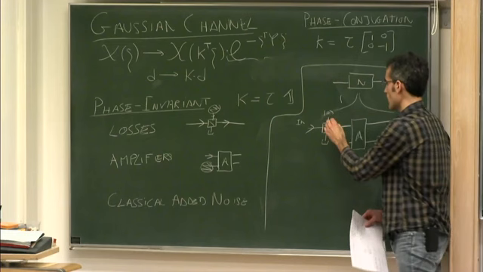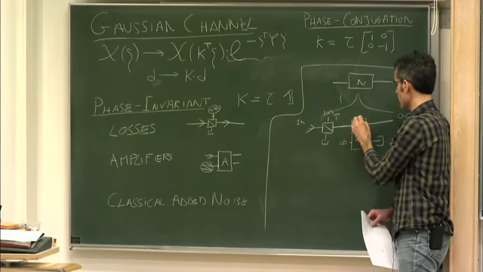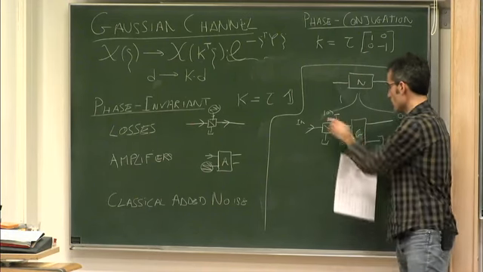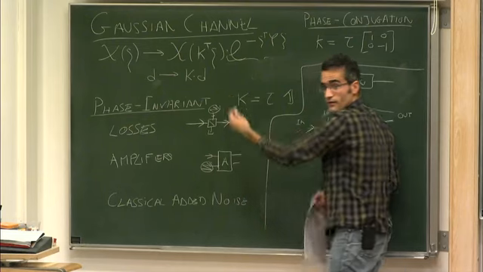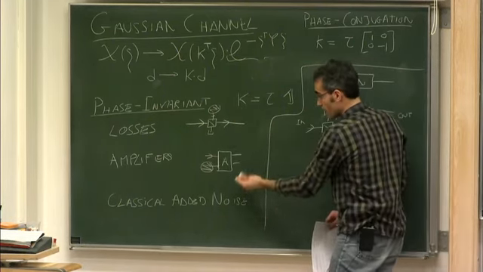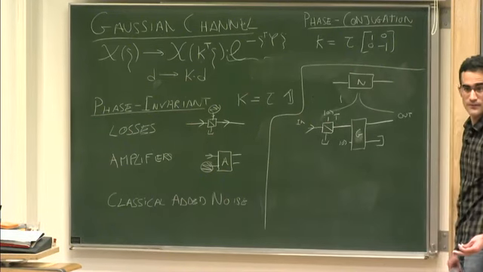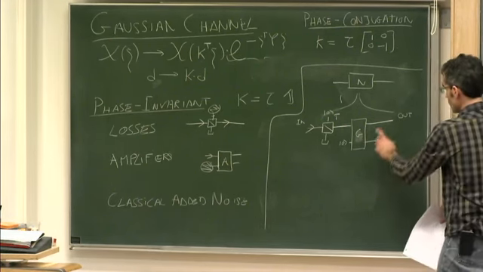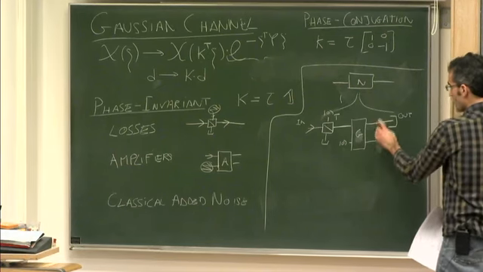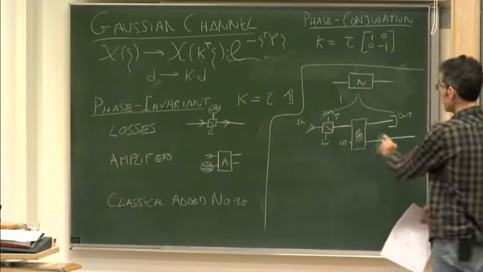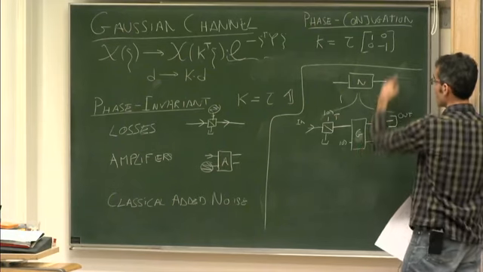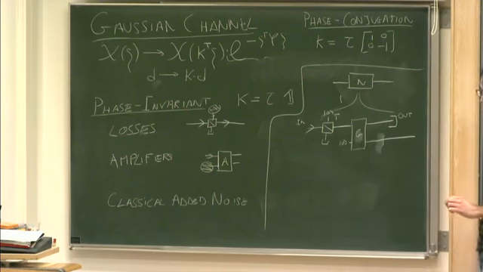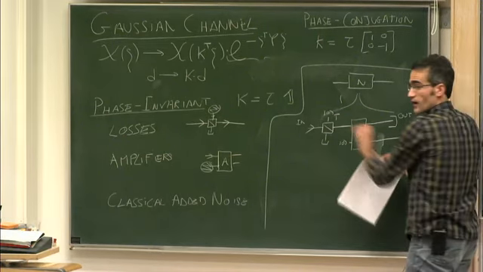By playing with the parameters, the transmittivity and the gain of this amplifier, you can reproduce all these three. You can go from a lossy channel to an amplifier or this classical added noise channel. And if you want to make these phase conjugation channels, what you need to do is take the lower exit. So you trace out the upper exit and you keep the lower exit. And this is the way of getting this family. This is something we are going to use later. Okay, this decomposition. So every channel of this family can be seen through this decomposition.